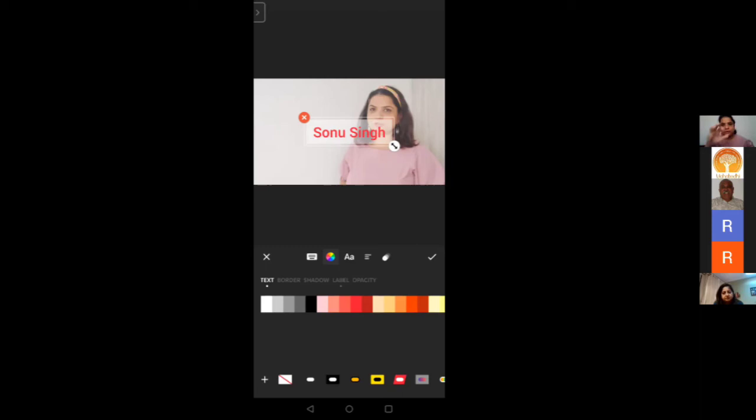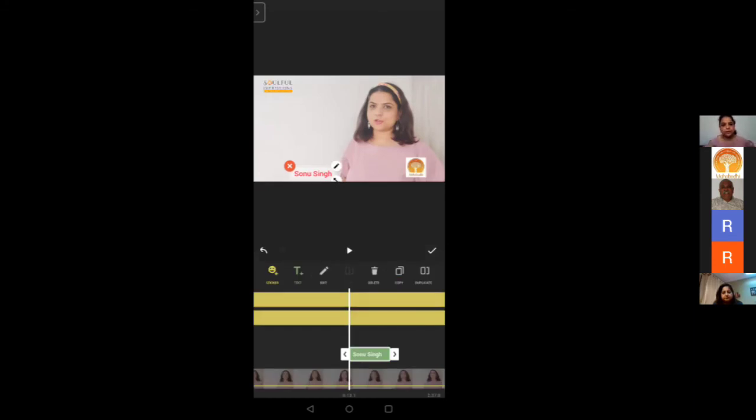Text ke window pe jaake you can change anything. Every time that you enter a text, you can change and edit the text. Okay? Then you scroll it, you resize it, you put it down. Or you want to put it up wherever you want to space that word, you can just do that. Okay? Now I want to also enter, so I do a right click. After entering, I do a right click.